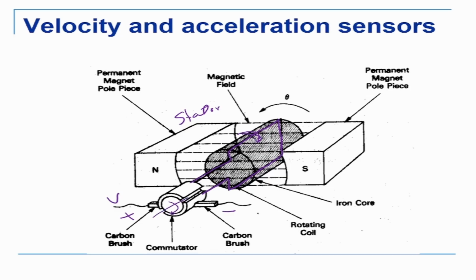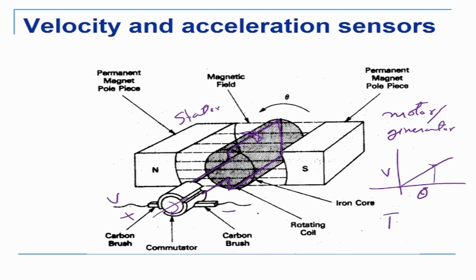Now, if I do the reverse, that is, I rotate the rotor in a magnetic field, then if a coil, a conductor, is moving in a magnetic field, an EMF will be induced in it. So a voltage will be generated. So a motor and a generator are opposite of one another. If you are trying to measure the speed, we can draw the graph of voltage versus speed. That's also a straight line. So whatever the voltage is, I know the corresponding speed. That is basically called a tachometer.